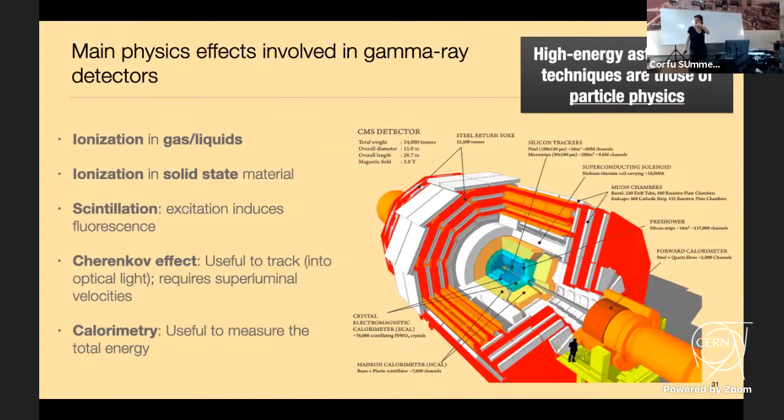So I put some extra slides. I won't go through them, but I will leave them online so you can have a look. In this case, I wanted to stress that satellite experiments and gamma ray experiments are very similar to particle physics detectors of the current generation, because we use basically the same techniques. This is the CMS detector, and the different parts of CMS have the same names as what we will find in the Fermi-LAT telescope.